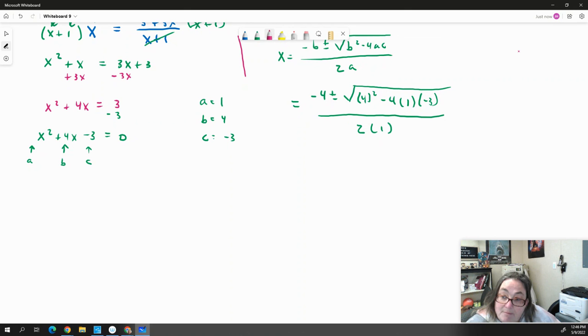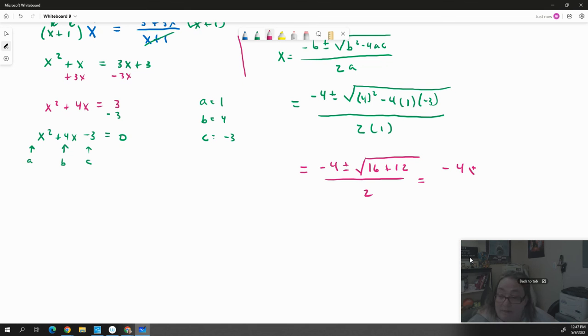So remember to take your quadratics a piece at a time. This is minus 4 plus or minus, right? 4 squared is 16. Minus 4 times 1 is negative 4. Negative 4 times negative 3 is positive 12 over 2 times 1, which is just 2. And so now we have minus 4,